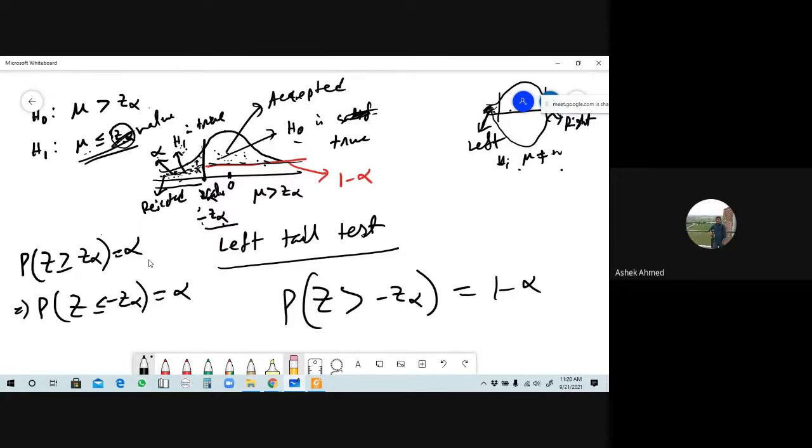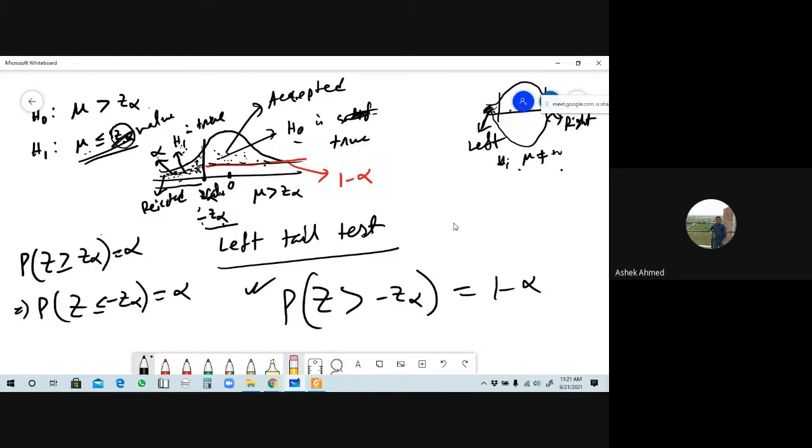Okay, so for finding the accepted region for the left tail test you have to apply this formula here: z is greater than minus z suffix alpha. To do the math, we will need this concept. And what concept have I been discussing so far? What is needed from the hypothesis test. Okay, so this will be the left tail test formula.